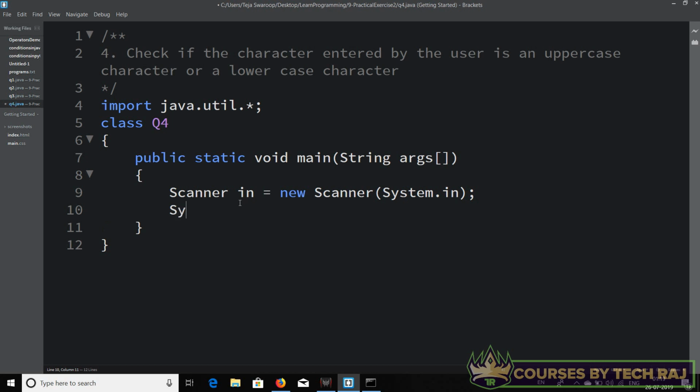So let's take the character. Obviously it's given in the question that we have to take the character. So I'll say enter your character. So I'm going to take a character as the input, right? So I'm going to say char ch equal to,